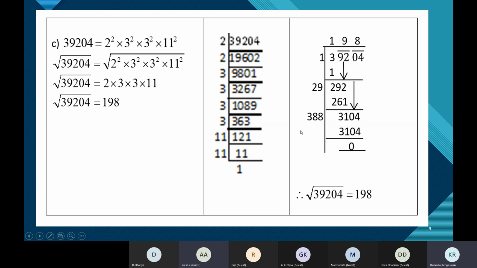Yes, ma'am. The next step, what we have to do is we should add a number near the 38 so that it would be approximately the same number, 3104. Okay. But is this the last stage of division? Yes, ma'am. For this sum, this is the last stage. Last stage. So that means we must get 3104.